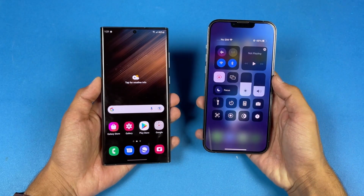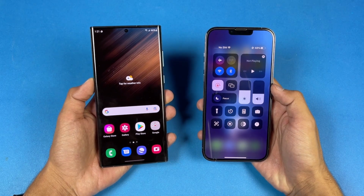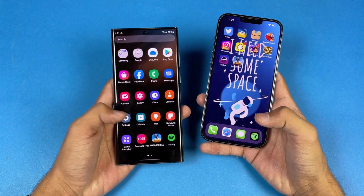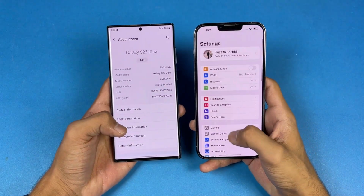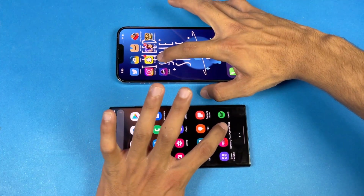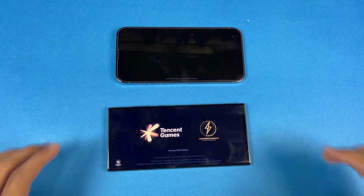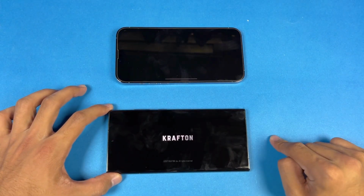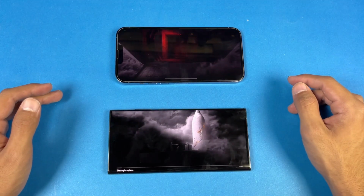Also now let's see the battery percentage. We have 48% on the iPhone, while on the Samsung we have 46%. Also let me show you the software versions on both phones. We have Android 12 versus iOS 15.5. Without wasting any time, now let's open up PUBG Mobile. Again we have Qualcomm Snapdragon 8 Gen 1 versus the Apple A15, and the iPhone 13 Pro Max is